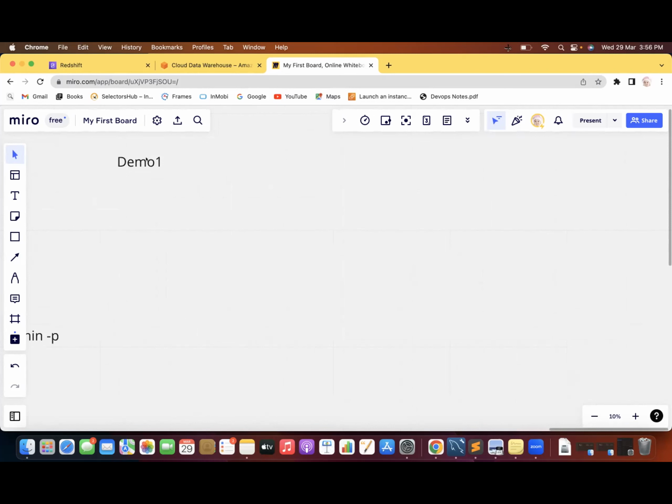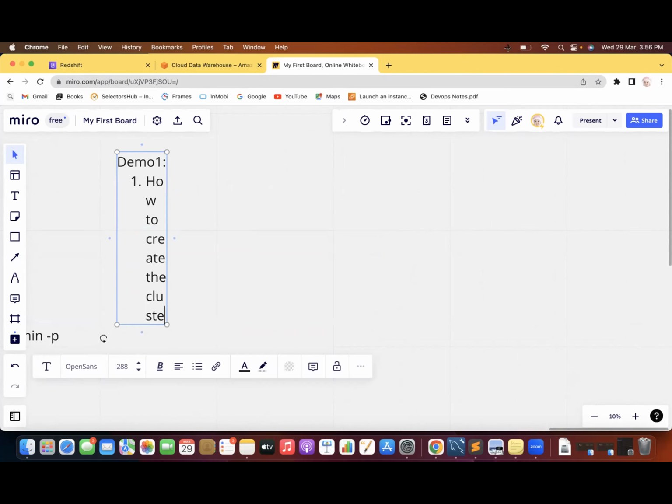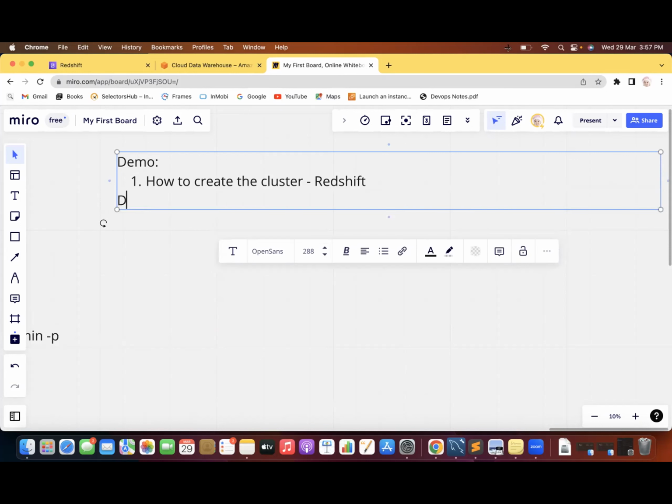So demo number 1, first of all, you must know how to create the cluster. When you go with your AWS, cluster means a group of servers that we are going to create as part of your Redshift server. Using the Redshift data warehouse, I'm going to tell you how to create the cluster. First demo. And the demo number 2 is,